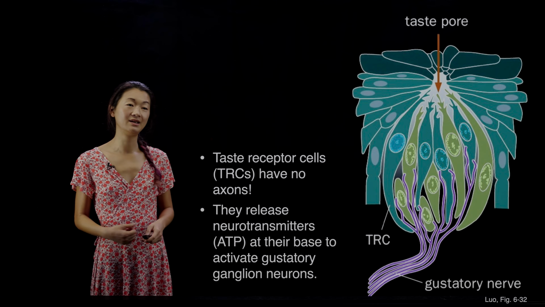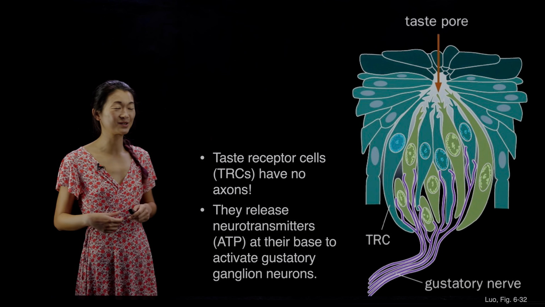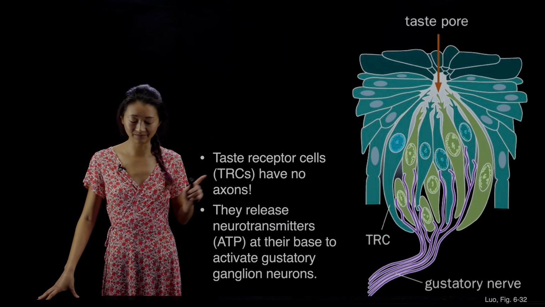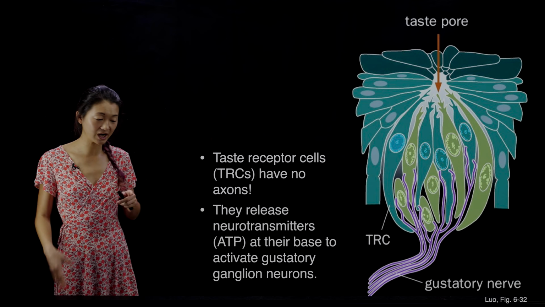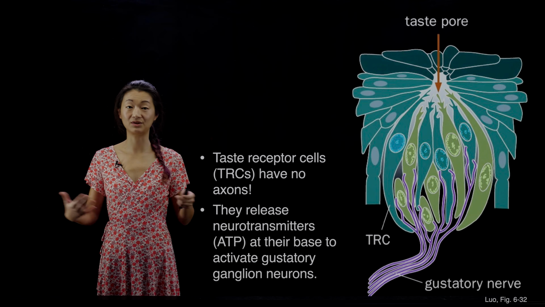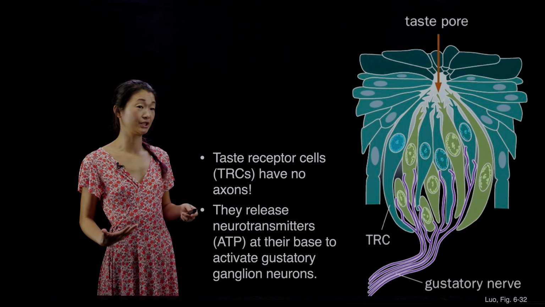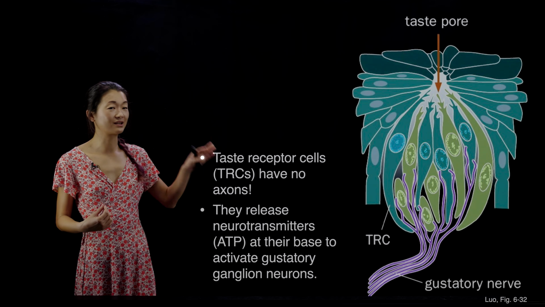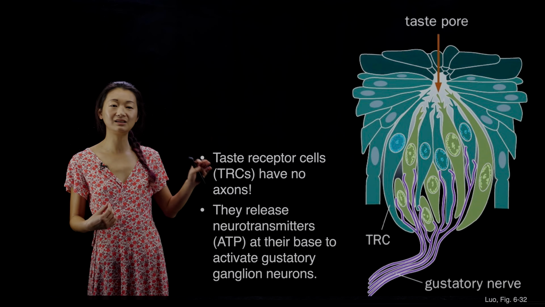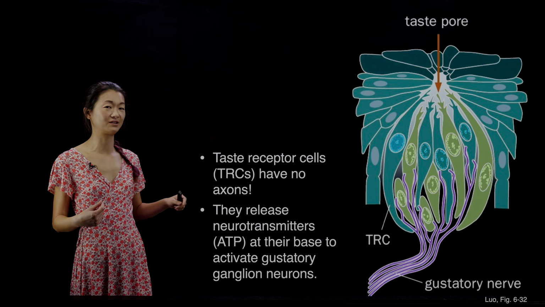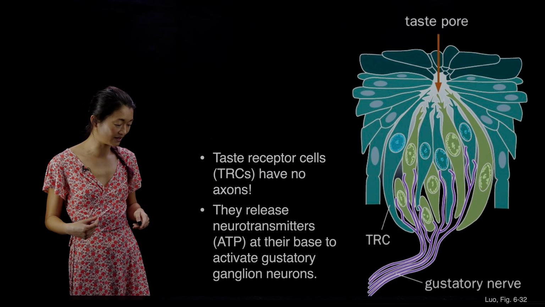Funny fact about these taste receptor cells: we know ATP, as biologists we know ATP well, because it is the primary way in which the cell uses energy and passes that around and uses it to power a lot of the cellular machinery in our bodies in various different cell types. In this particular case, taste receptor cells actually use ATP as a neurotransmitter. It's kind of a funky neurotransmitter to be using at this moment, but if you think about how,